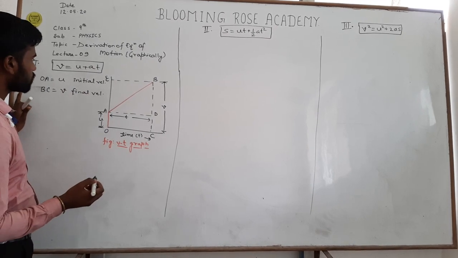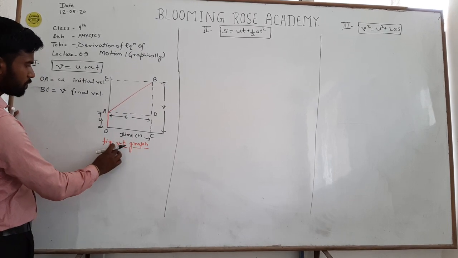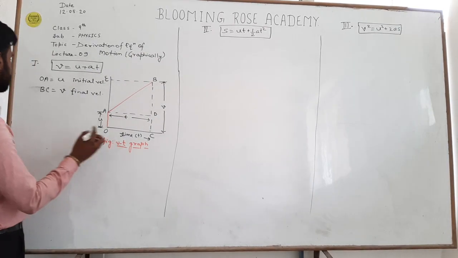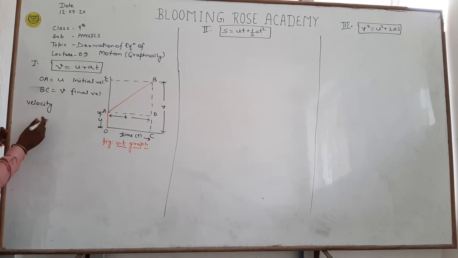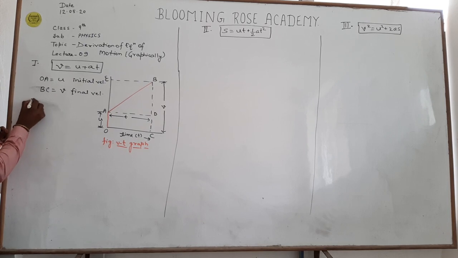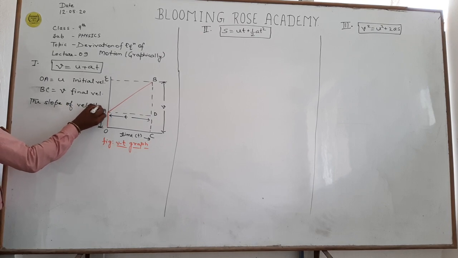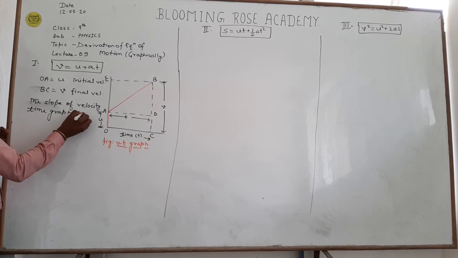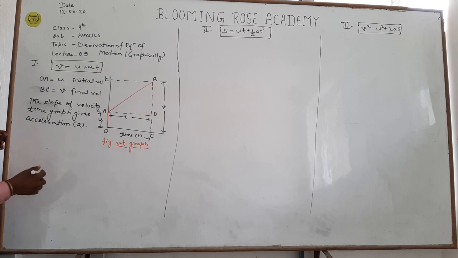So you can see that this is a vt graph, meaning velocity time graph, and you well know that the velocity time graph gives what? Acceleration. Or in a clearer way, you can say that the slope of the velocity time graph gives acceleration, as we have discussed earlier in the previous lecture. It is denoted by small a.